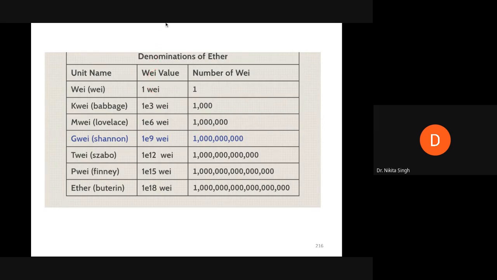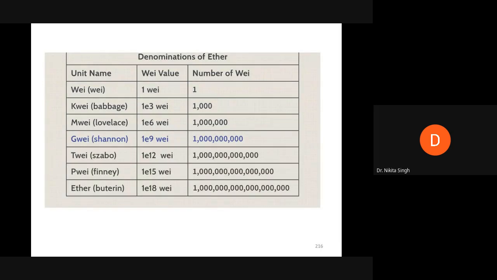And if you look here, the Weis also have another name given next to them. These names are also used in the Ethereum community, and such names have been given to Ether denominations to honor some famous personalities who have made significant contributions to the development of cryptocurrency, such as Szabo, Finney, all of these. So one Ether is equal to 1000 Finney. You need not remember this. The only point here is that the Ethereum ecosystem is very vast.